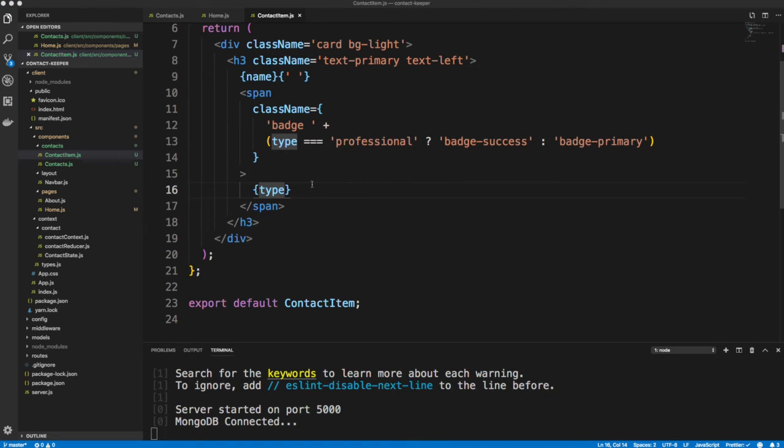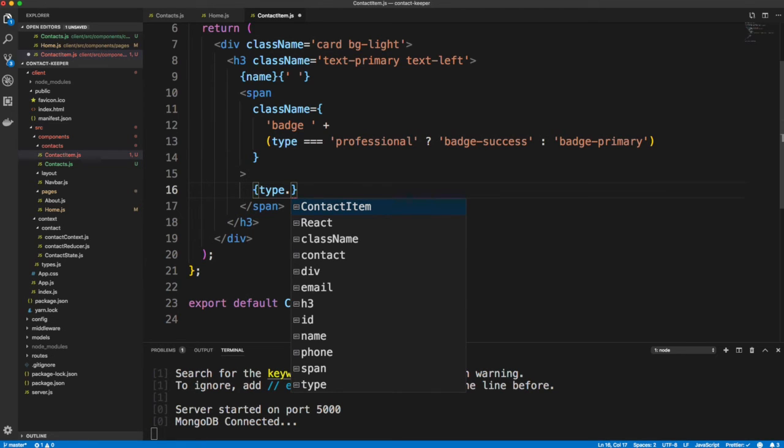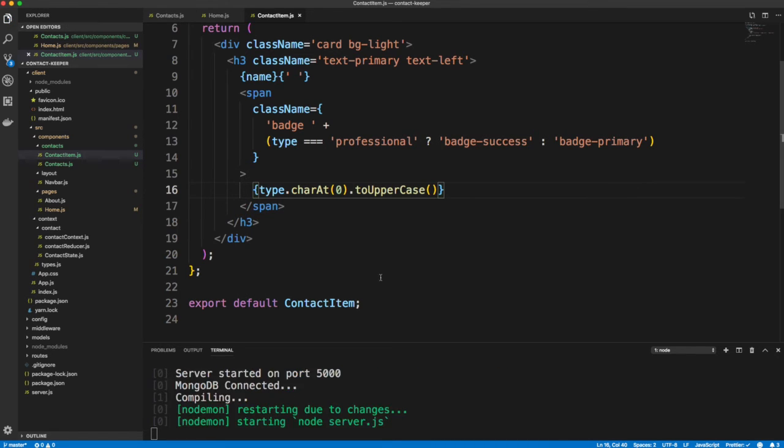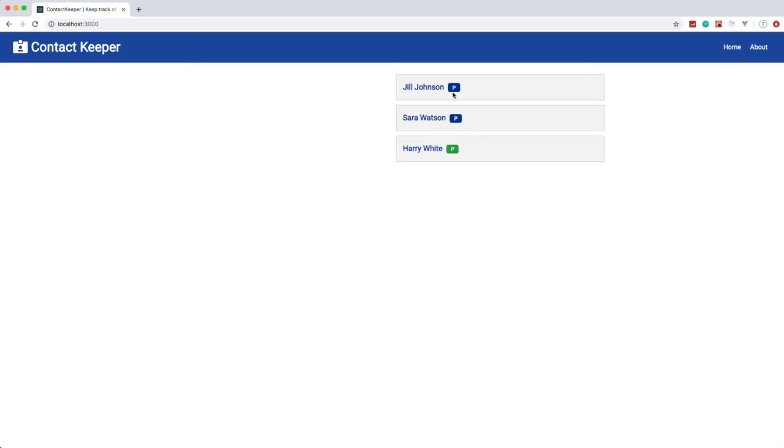Because we have a method called toUpperCase, but if I just call that on type, it's going to make it all uppercase. So I'm going to say type dot, and I'm going to use the charAt, so basically select a specific character. I want the first one, so 0, and then I'm going to say toUpperCase to make that uppercase. Now if I just do that and I go back, you can see it's only going to give us